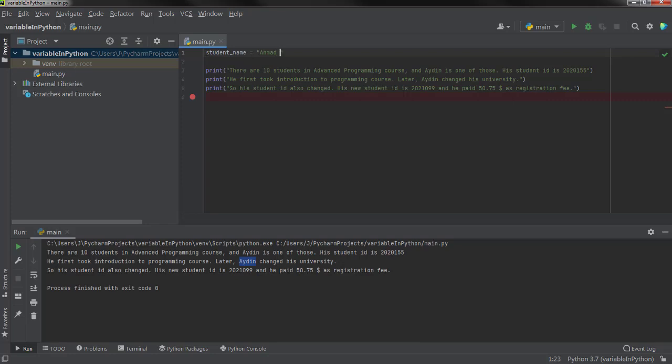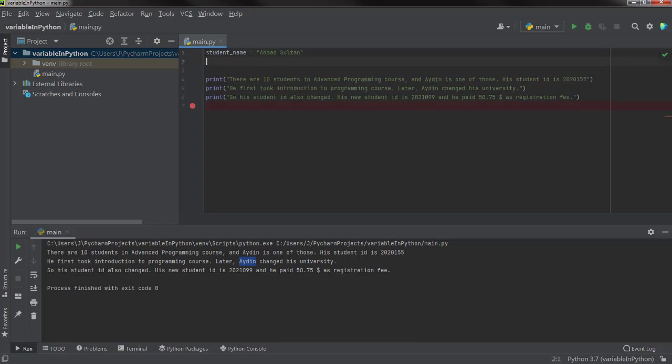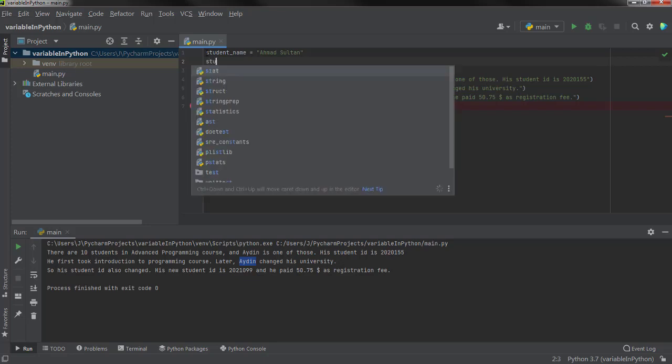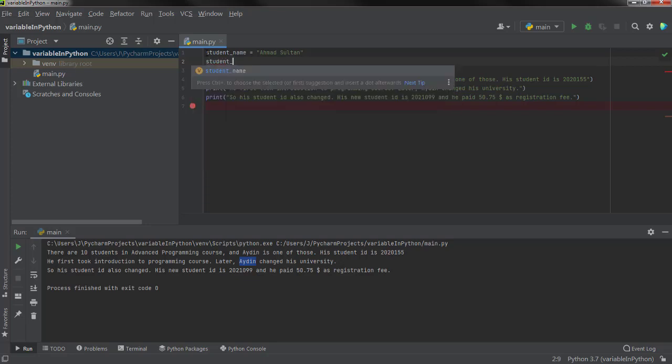If you want, you can write fully Ahmad Sultan. And if you want, you can also write the student ID, and the ID is, for example, if I want to write the ID as a string, 155.